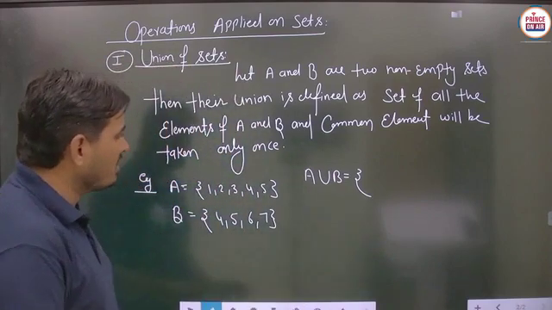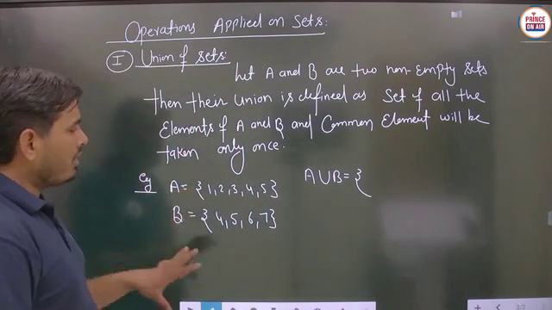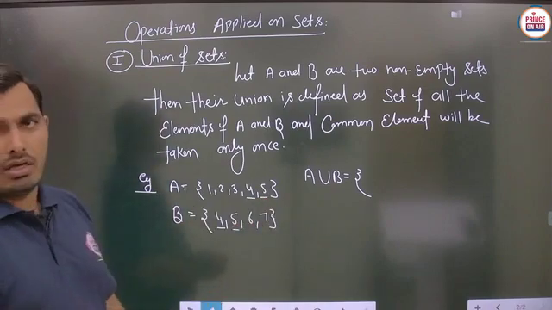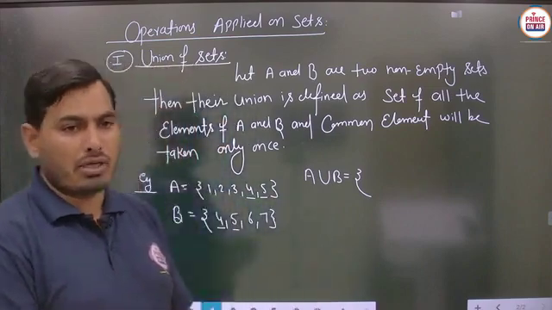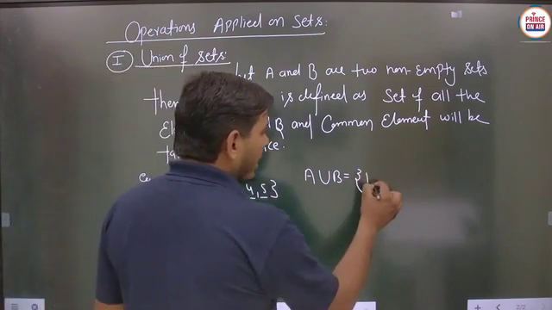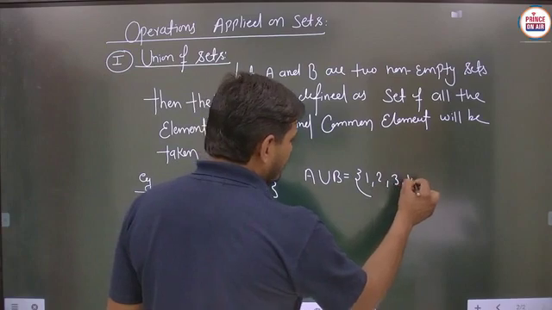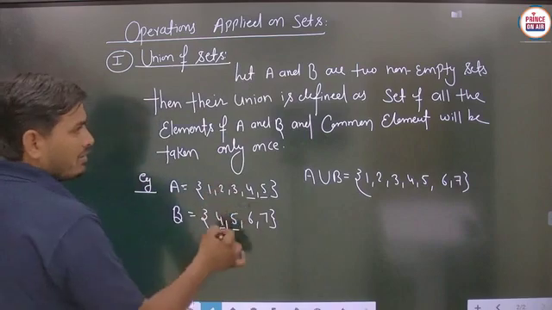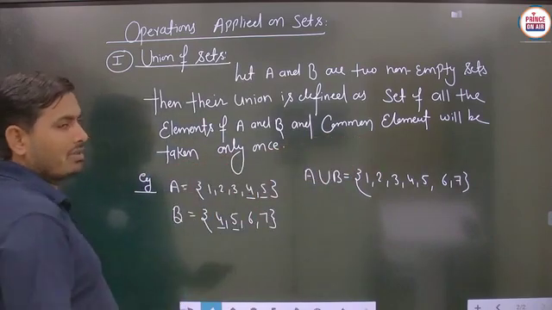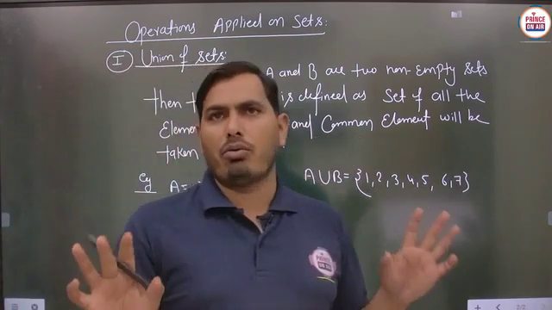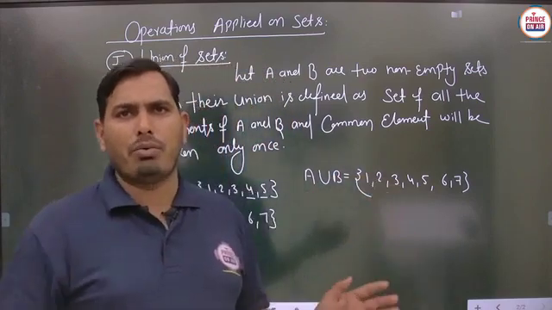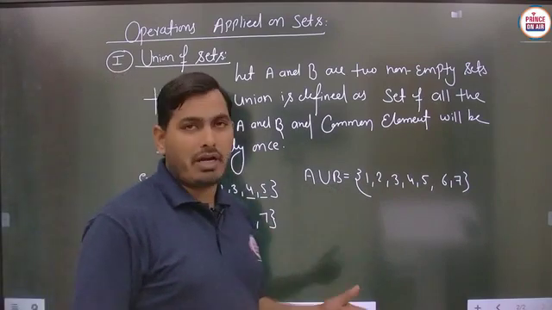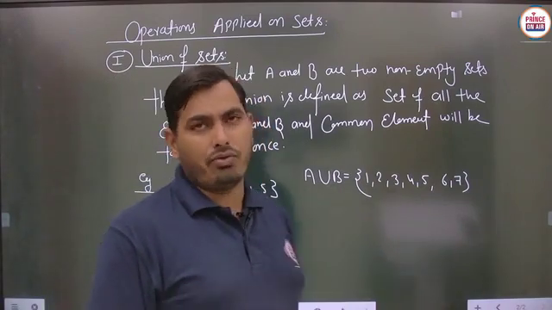So we are taking each and every element of A and B. But here you can say that some of the elements are common to both the sets, means 4 and 5 are common to both the sets. So basically here you can write one element once: 4, 5, 6 and 7. The common element will be taken only once, means only one time we have to write the common element, otherwise all the elements are to be included. All the elements of each and every set should be taken for the union. Is it to be clear?